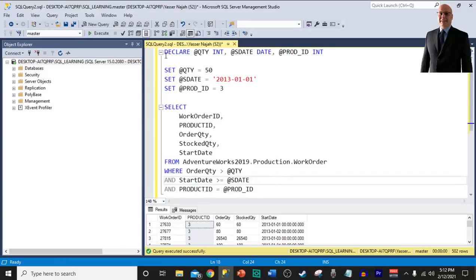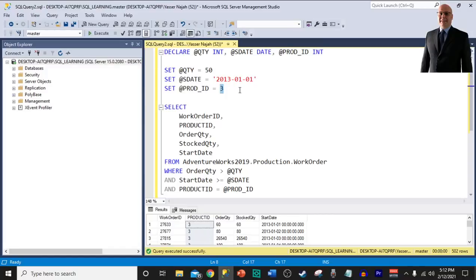So the way we read this is we declare our variables and assign data types to them. Then we set each variable to a specific value, as we defined within the definition of the variables